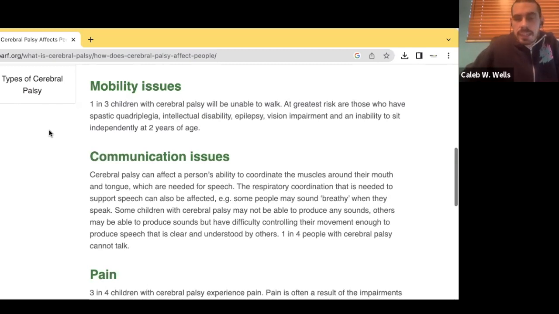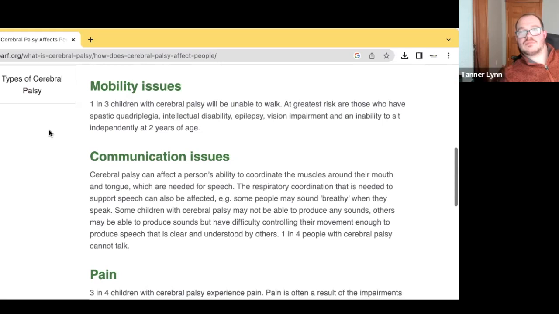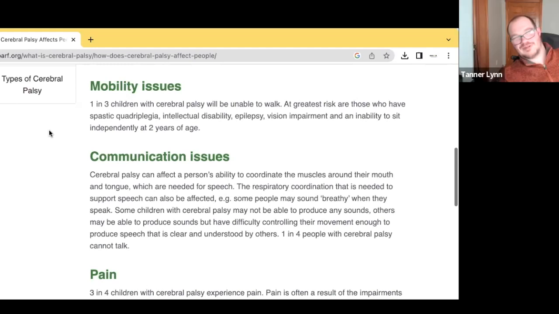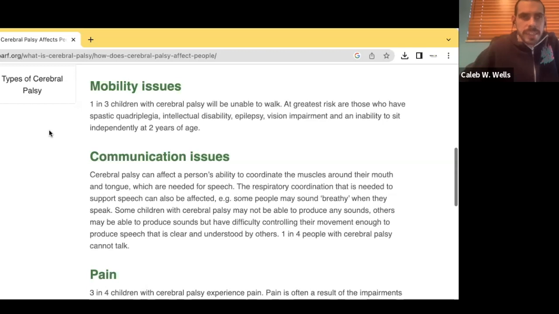And despite the average lifespan of an individual with cerebral palsy being between 65 and 70 years old, there's not much research done in adult care of cerebral palsy. It's all, and Tanner, you would agree with this, it's mostly about early intervention. It is. And trying to help the children through pediatrics and getting them to 18 or 21, depending on when the cutoff is for a certain pediatric